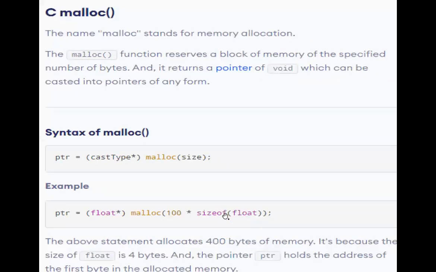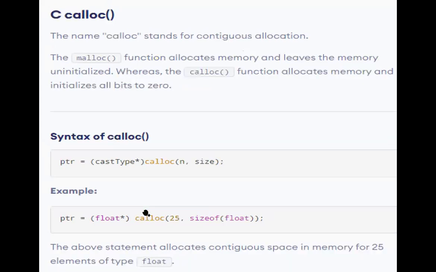What size? In this statement I have written sizeof float, that is 4. I need 25 blocks of 4 bytes. That is the thing I am going to say using this statement.